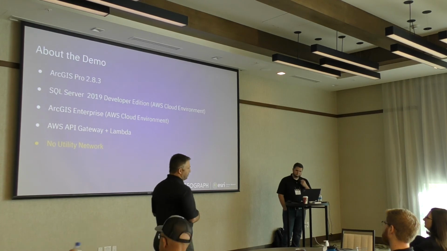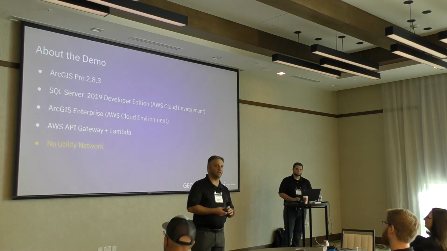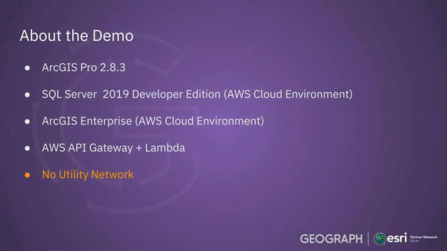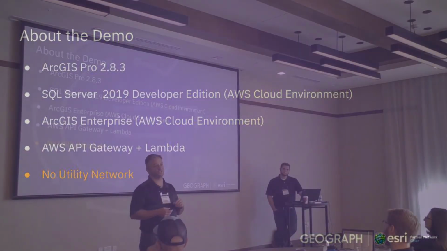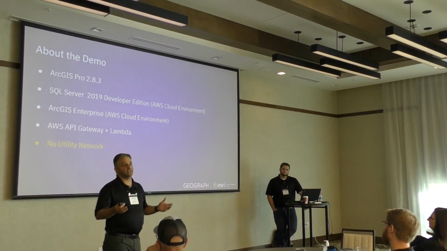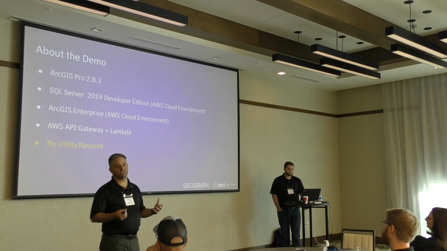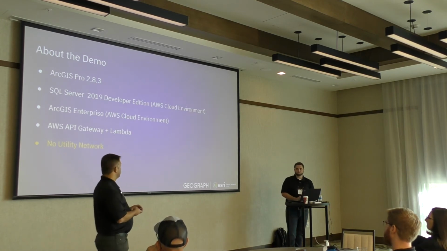We're going to get into the demo and show you what we've got. So we've done the data model, how quickly we are performing traces. But I want to set the stage. The demo, we're doing this from ArcGIS Pro 2.8.3, running on SQL Server 2019 Developer Edition. This is basically Enterprise Edition. It is exactly Enterprise Edition without having to pay Enterprise Edition costs. It's designed for developers that are testing things out.